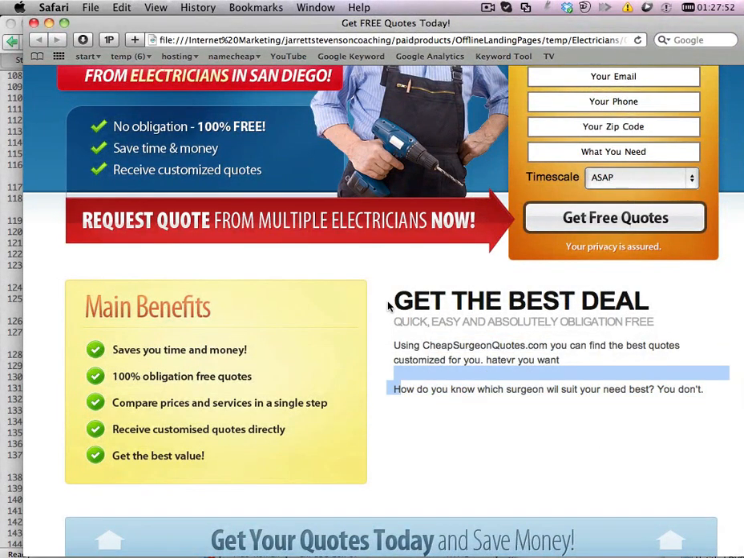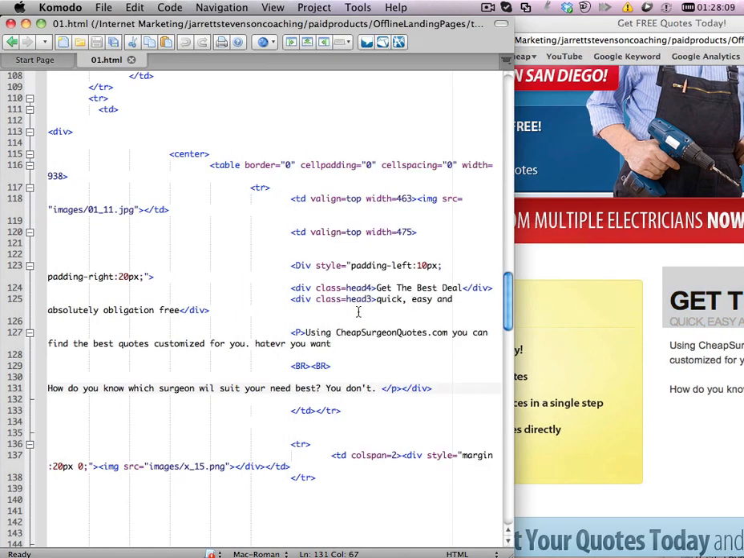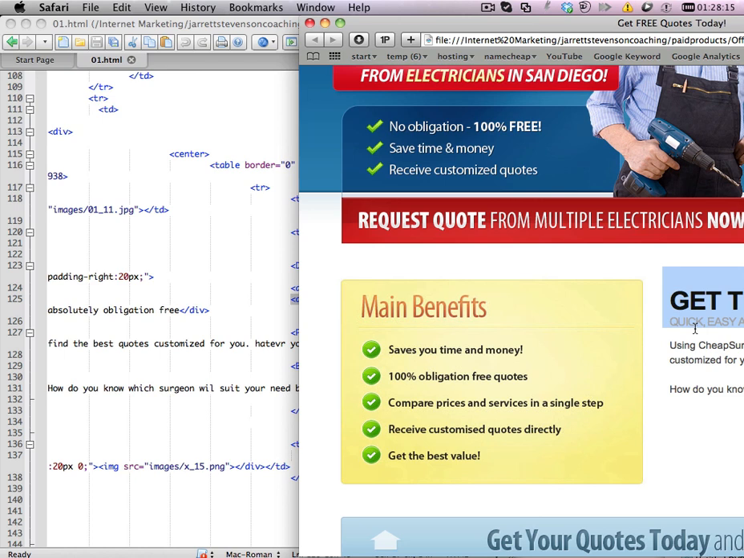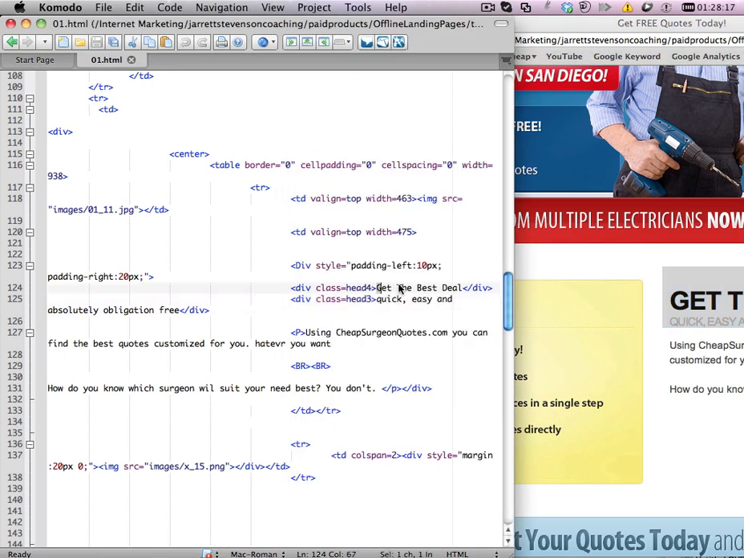In the other template you cannot change the headline in HTML, but on the first landing page template you can. Basically, this is all the HTML, so you can change the "get the best deal" and "quick and easy, absolute obligation free." You can change these tags too. These are in head 4 class. You see div, it's an HTML tag, and head 3, that's the smaller one. So for example, we can change that to,